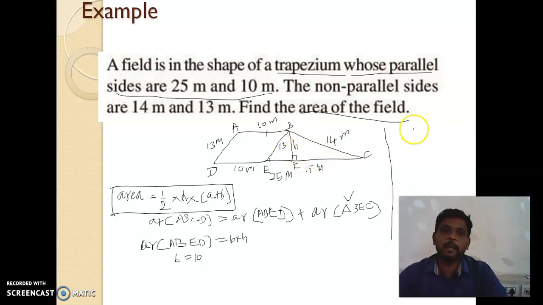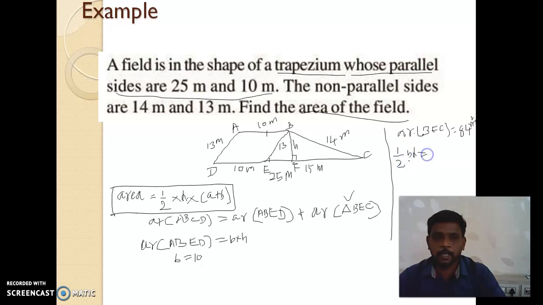If you find the area of the triangle, it will come: area of triangle BEC equal to 84 meter square. You can calculate and check. So the area of the triangle, 84 meter square, will come. But we need the height. So what is the area formula of the triangle involving height? Half into b into h. So the area is already found, 84 meter square, right?